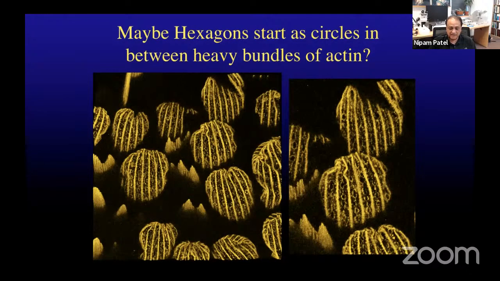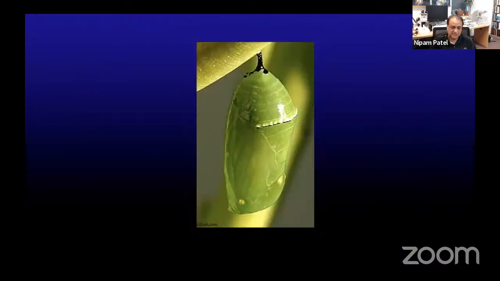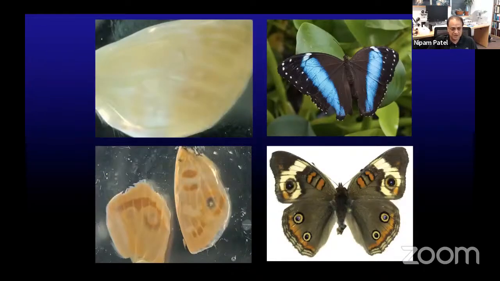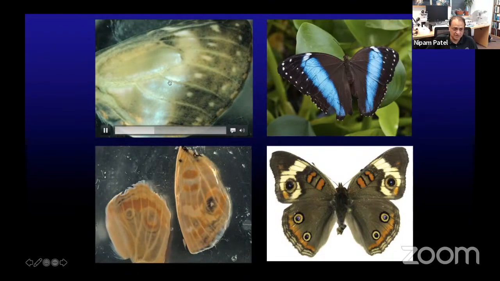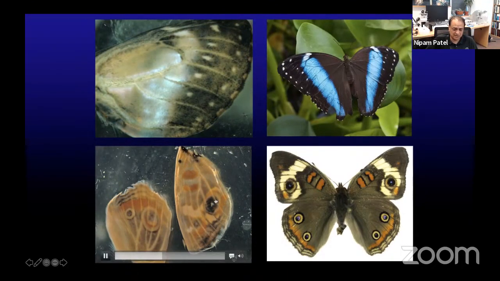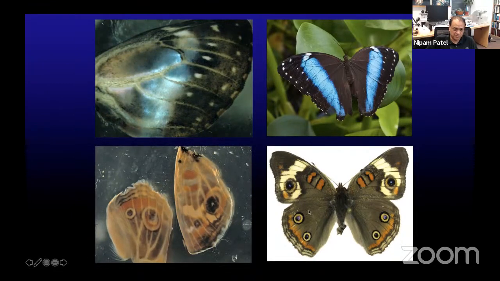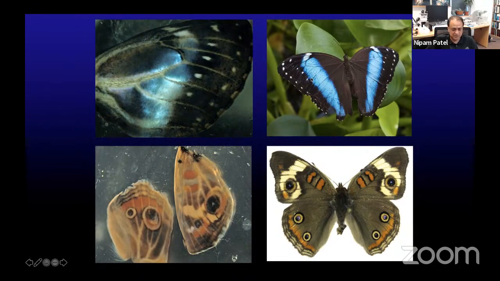Now, of course, that leads to a whole slew of challenges, not least the fact that the chrysalis is generally opaque. So how do we see into it? So we tried developing ways to grow the wings outside of the chrysalis, and Ryan actually did have some success. So here are a couple of these pupal wings now, and you're seeing them grown in a petri dish. And you can see all the colors come in as these wings are sitting here in a dish, and these are the corresponding normal adult butterfly species.